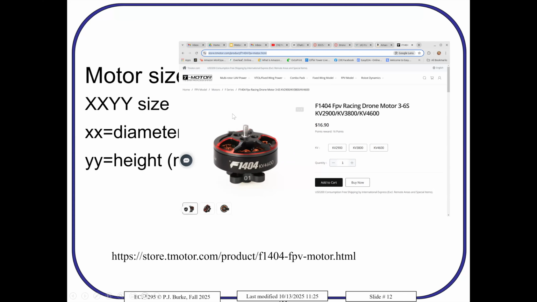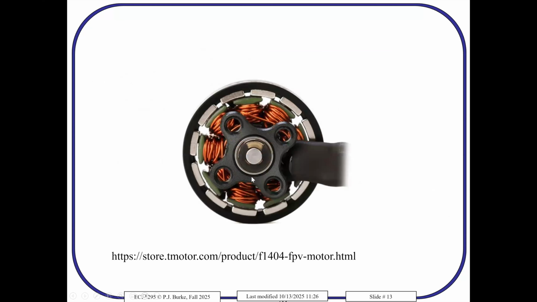So we're using 1404. So the height is 4 millimeters and diameter is 14 millimeters. Yeah, 1.4 centimeters. Okay. And then there's different kV ratings like the video said, which depends on the prop you're using. So here's a picture of it. You can see the magnets and the